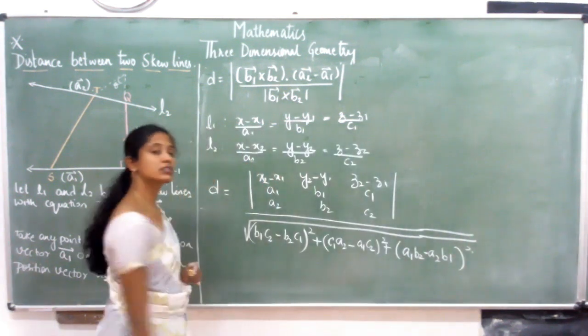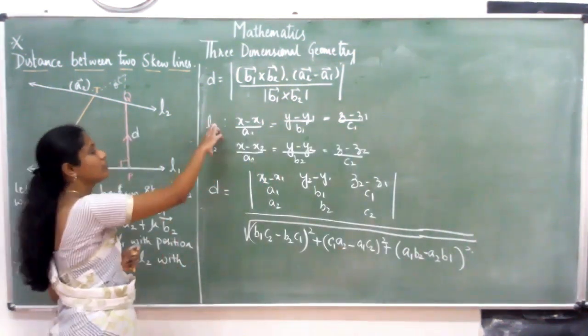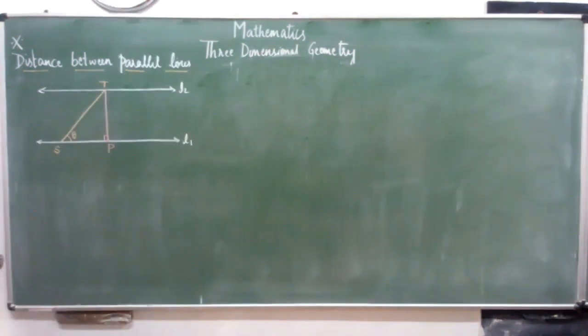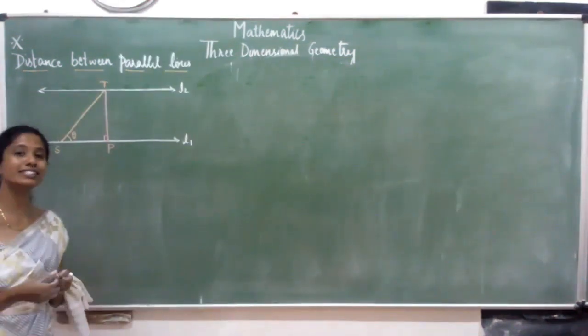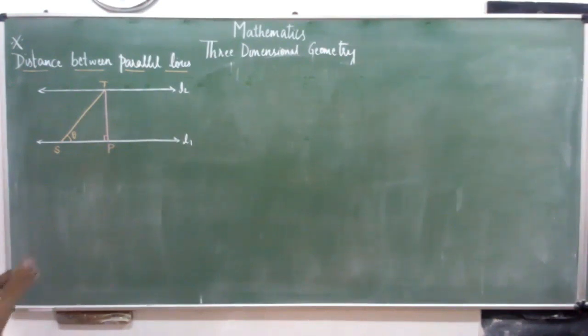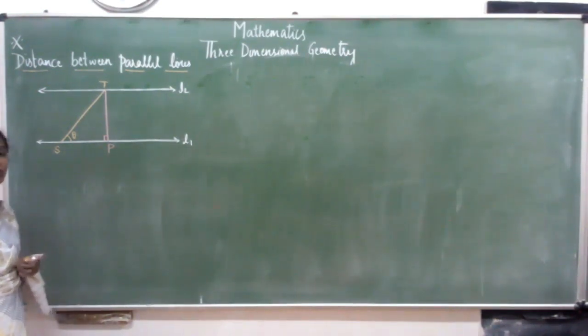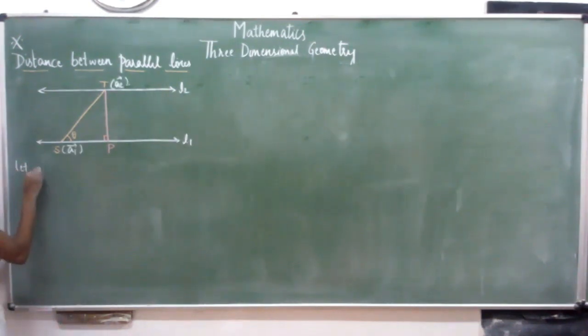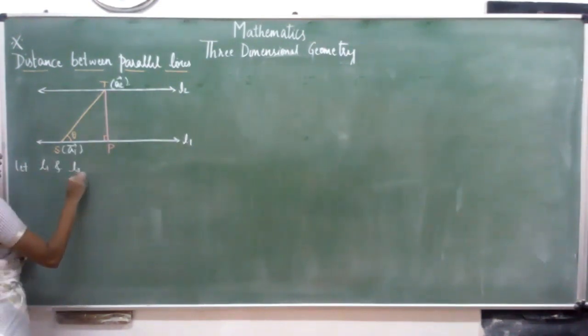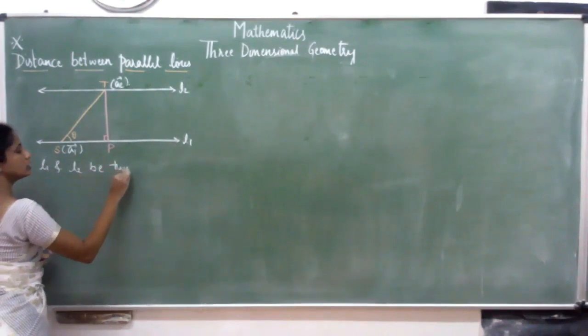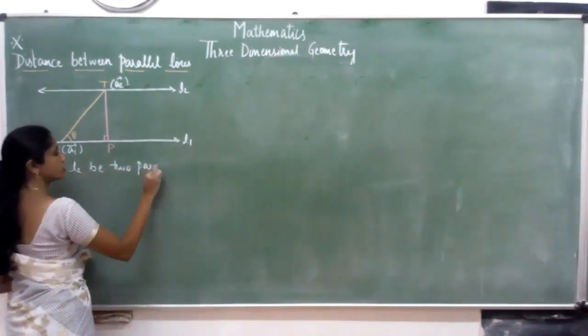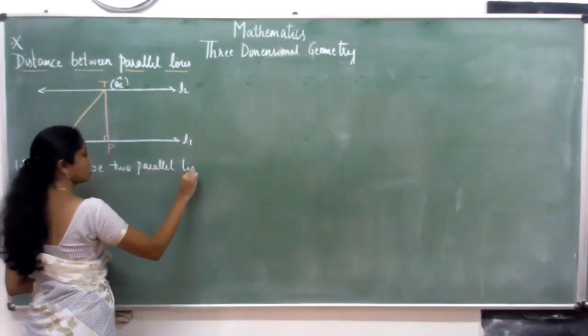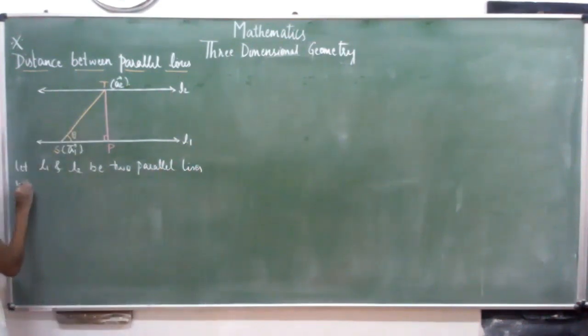Okay, so this is the formula when they are given in Cartesian form. So now let us find what is the distance between two parallel lines. Here we have considered two lines L1 and L2 which are parallel. So let L1 and L2 be two parallel lines with equation